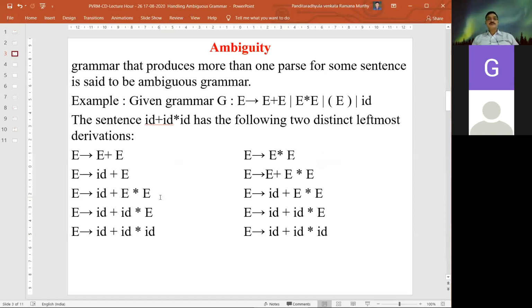What is the final result? That is the question. Whenever we execute a particular expression, we always want the same final result, irrespective of the number of times we execute it. It should not change from time to time. That is the meaning of this ambiguity, right?